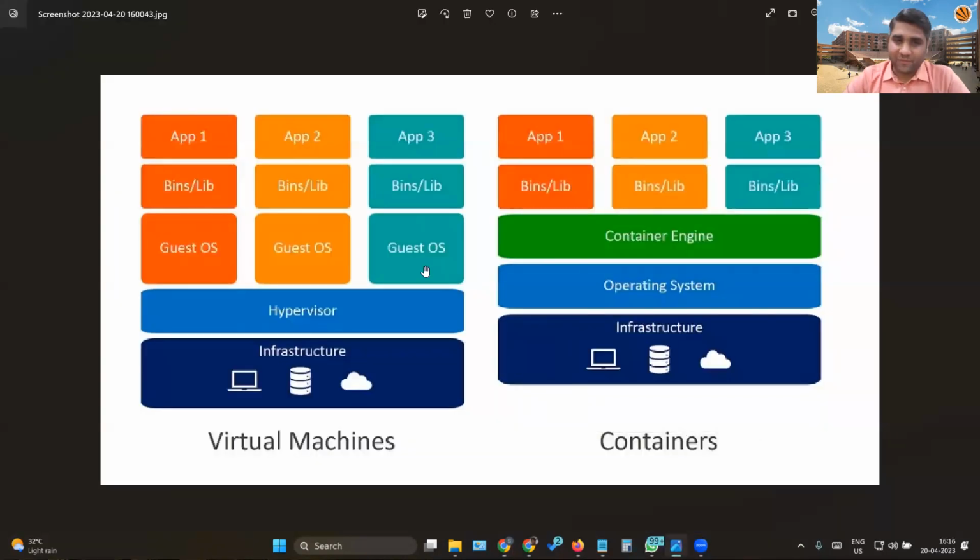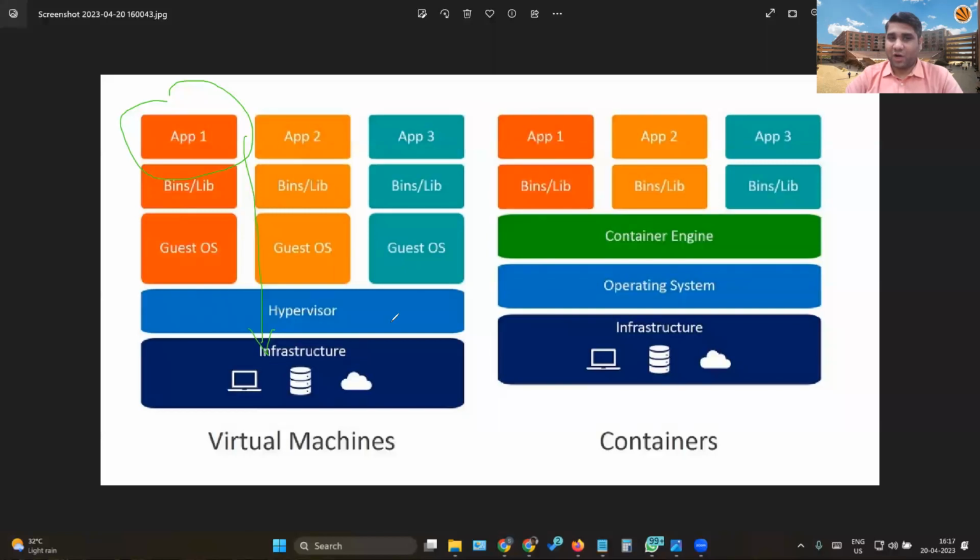Now, look at this image. There's a virtual machine, and then there's a container structure. Let's understand how these virtual machines and containers are different and how the execution works differently. Look at this virtual machine: the infrastructure, which is your server. You install a hypervisor software over it. This hypervisor allows you to have multiple guest OS, each with its own libraries, running each of the applications. So here are application 1, application 2, and application 3, running on their own using the infrastructure through this hypervisor.